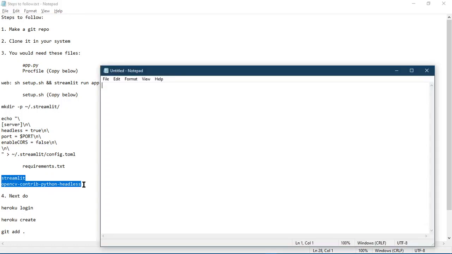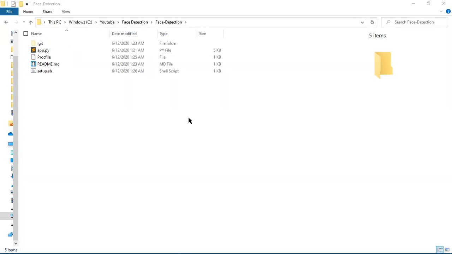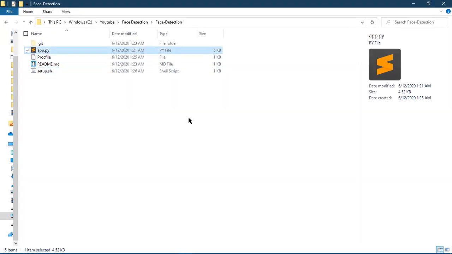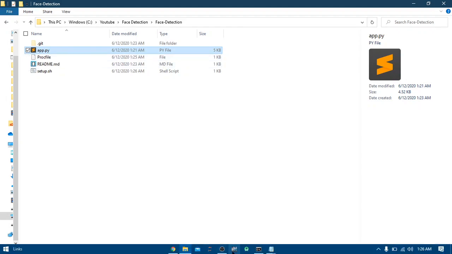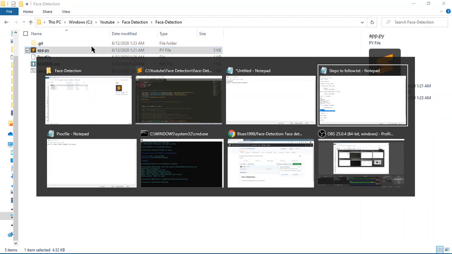So we can simply copy this. You might be wondering about the CV2 library that we are using in our code, which is there. Right, so CV2 means the OpenCV library, but it is called opencv-python if you want to install it. So let me just go ahead and show it to you. So CV2, and if you go here, you can see that it's called